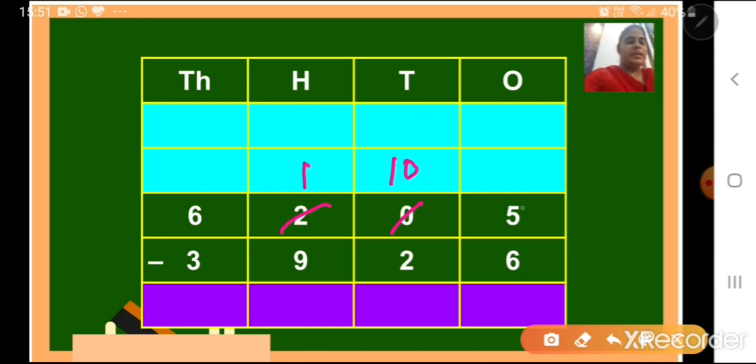So children, as we got number 10 in tens place, number 5 can borrow from tens place. Okay, 10 will give 1. So 10 minus 1 is 9. I will write it here. And 1 tens will be given to ones. 1 tens is equal to how many ones? Is equal to 10 ones. Correct? So 10 plus 5 is equal to 15. So here I will cut 5 and I will write 15. Now till here we have borrowed.